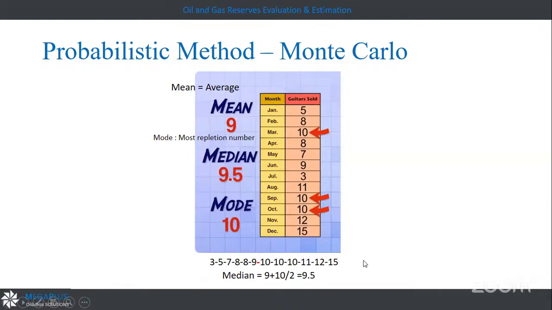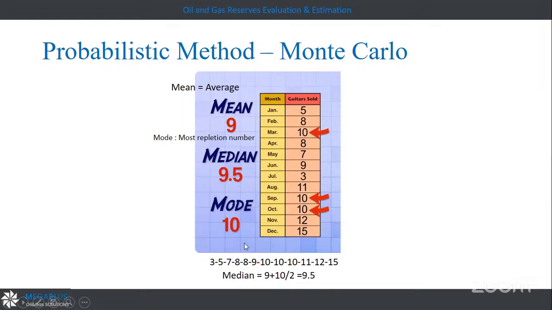And here, the average is the summation divided by the number of values. But what about the median? The median is the number where I put 6 numbers on the right and 6 numbers on the left, because the total will be 12. So the median will be the middle number between the 6 on the right hand and the 6 on the left hand.